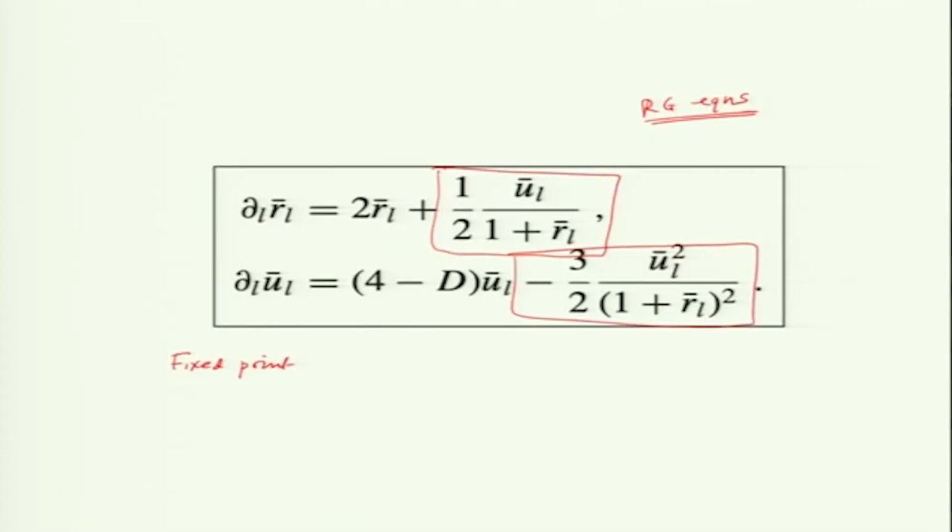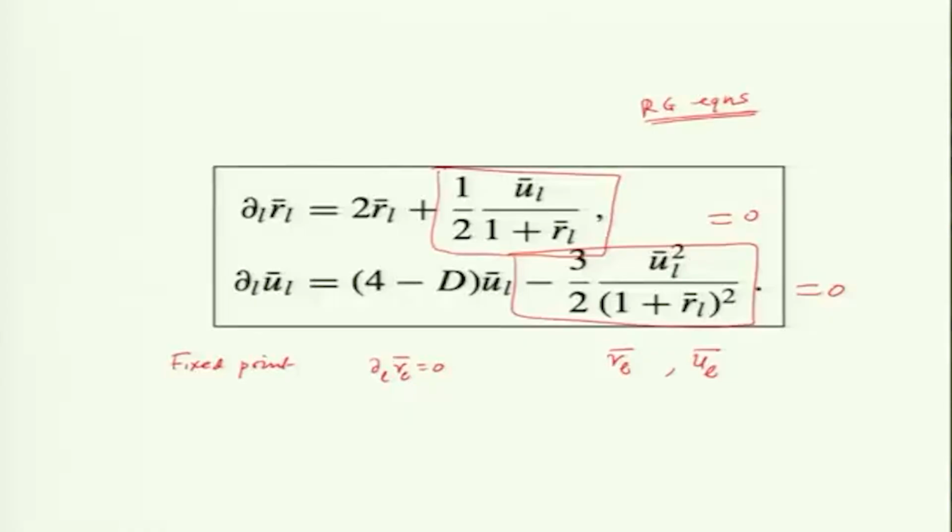So if I set d RL bar by dl to 0, then RL is not changing. So you set both these equal to 0 and that will give you the fixed point solution. So look for RL bar and UL bar for which these two equations are 0. Okay. It turns out there are two fixed points,